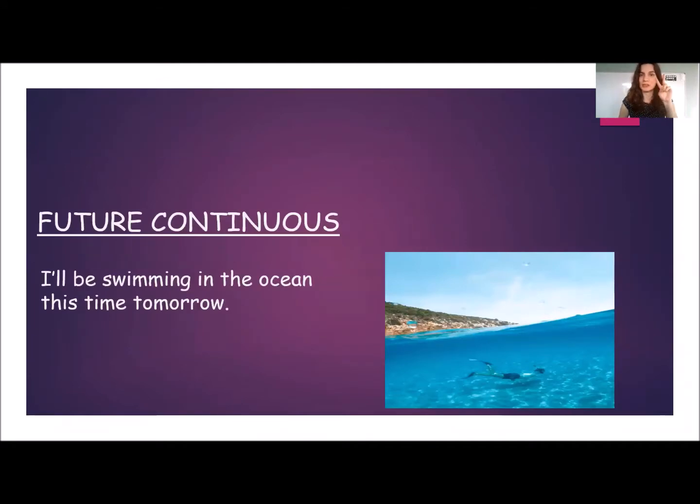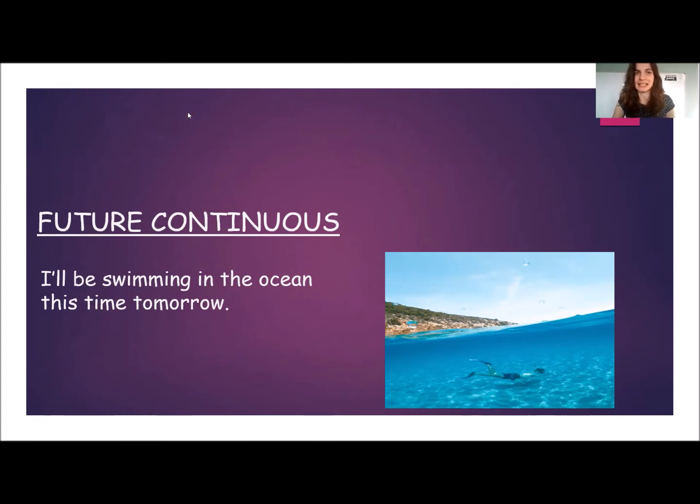tense. We will have a look at two different situations, and then you can think about why you think this tense is used, and then we will have a look at the reason together. So let's have a look at the first situation here. Let's say that this is my friend and he's talking to me right now and he's saying, well, this exact time tomorrow, I'll be swimming in the ocean, right? So I'll be swimming in the ocean this time tomorrow, right? So there is this will, future part, and then this ing continuous part, right? And we are talking about this exact time tomorrow, right?